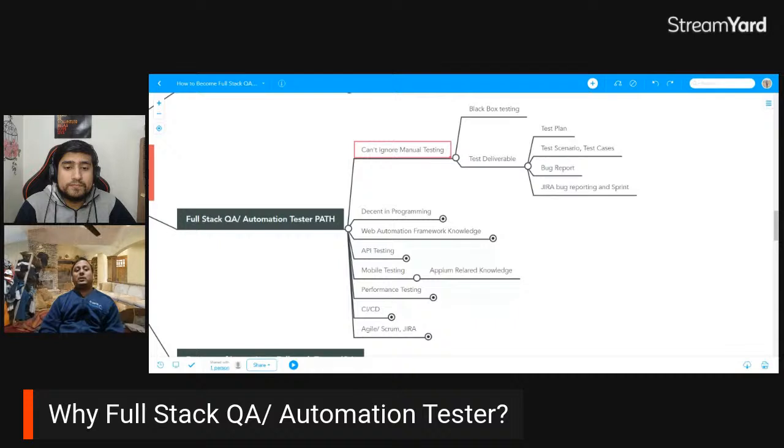Everything depends upon your test cases, right? If you are not writing good test cases, if you're not automating good test cases, if you're not thinking about good test cases, be it any cycle, be it in manual testing, with API testing, with automation, you would not be, I would not say successful, you would not be better than others. You still can work, because there are a lot of companies which can provide different kind of packages.